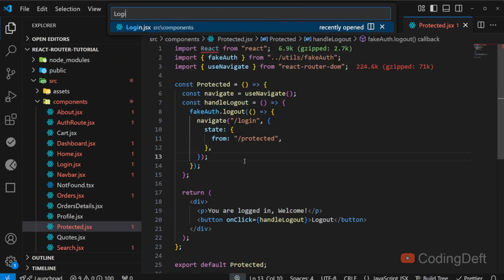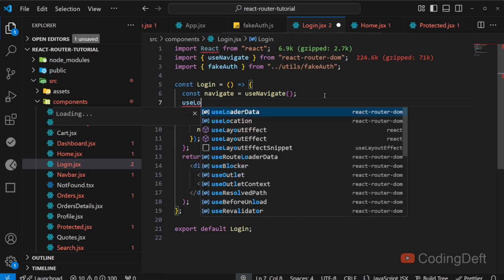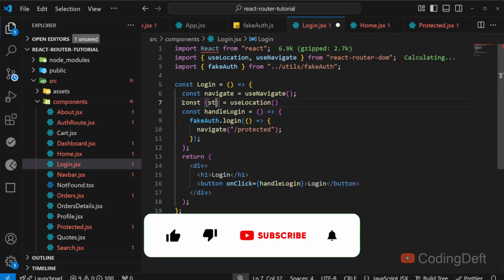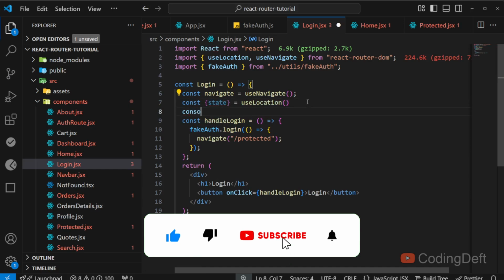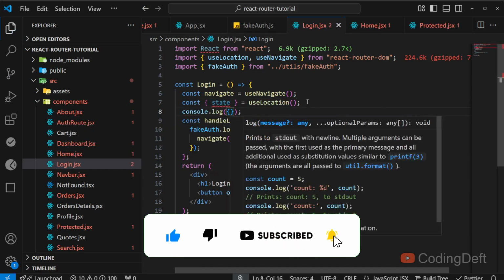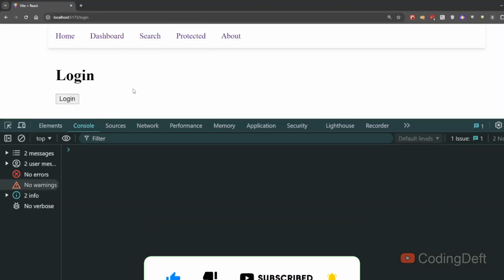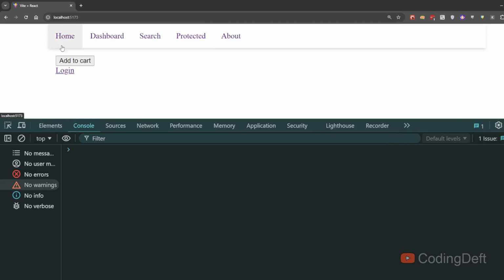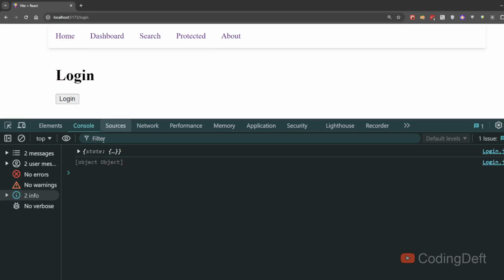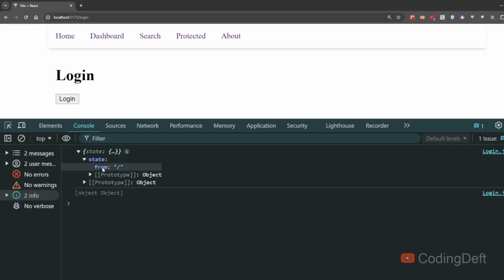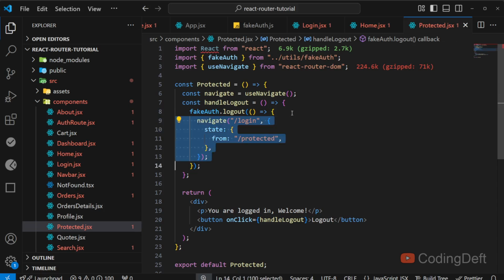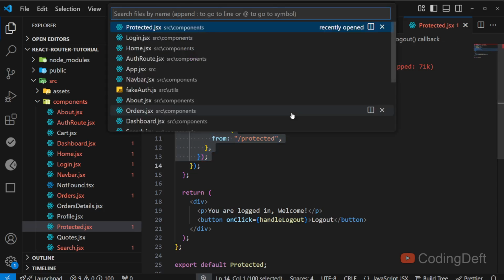So in the login page, we can use the useLocation hook to get the state. And I'll just console log the state and see what is there. I open the console, I click on logout and I go to the home page. And if I click on login, the state has from as the root. And if I click on protected, yeah, we need to add this in one more place as well,